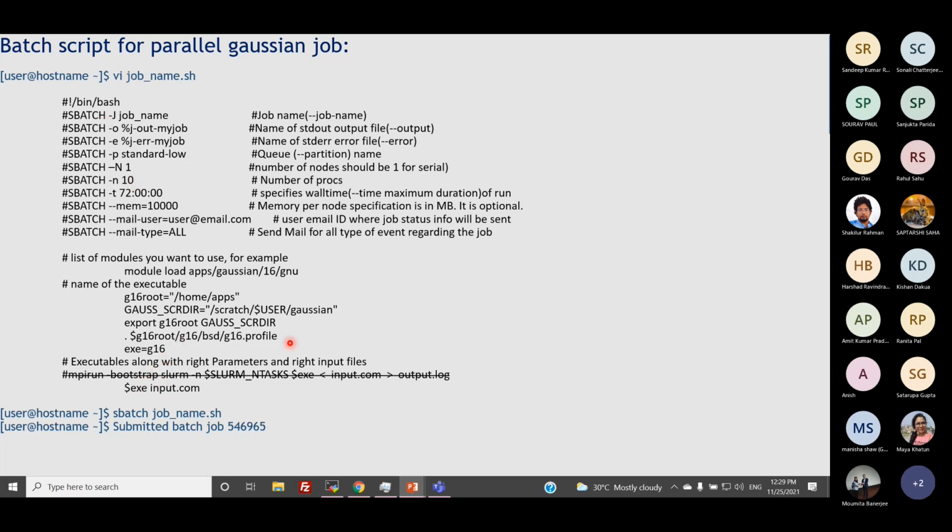Then once you have the batch file, you have to submit your job like this as a batch job, with any job file name, and just enter, and it will give you a respective job ID. In the respective directory where we are working, you have to have both files. One is the job file, that means the batch script, and the other is the Gaussian input file. Two files should be there in a particular directory. Then you can submit the job like this and you will have some job ID.